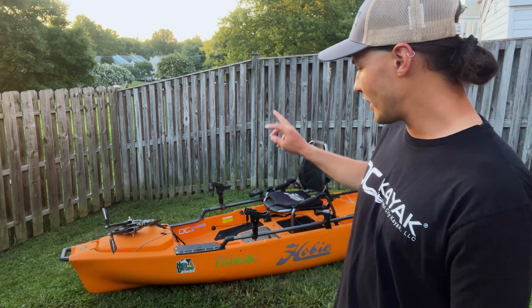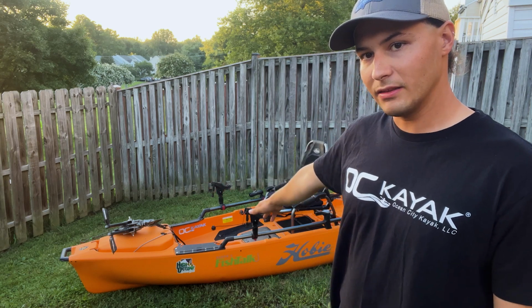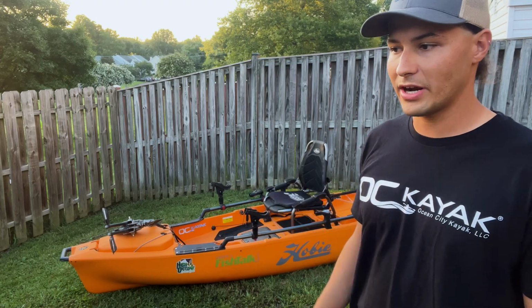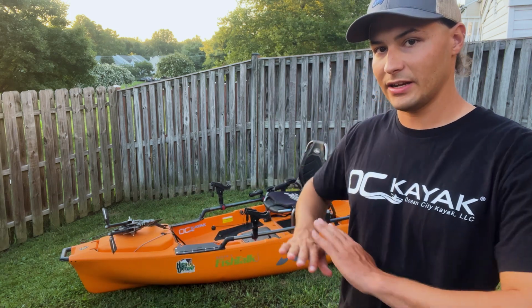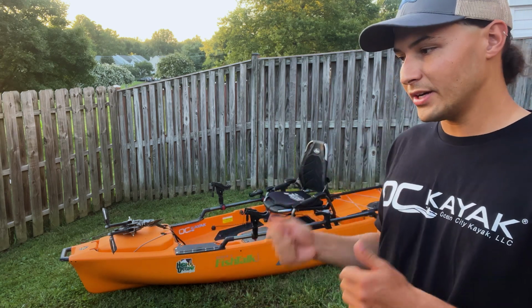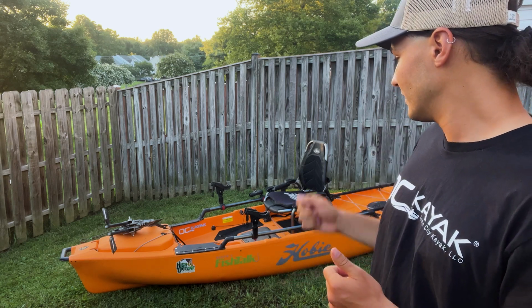So you've got track mounts on either side in the very front, right behind the dry storage, and that's super nice for like, I'll have my camera mount there. Anything that's a track mount that you don't need to reach up and grab all the time is super great because it keeps it up out of the way there. For things that you're going to be navigating through or touching the entire time or using the entire time is